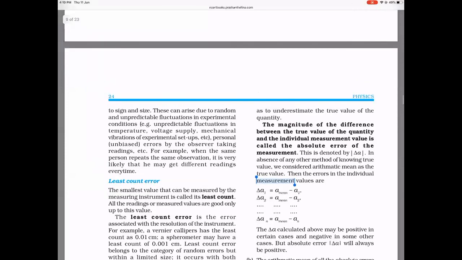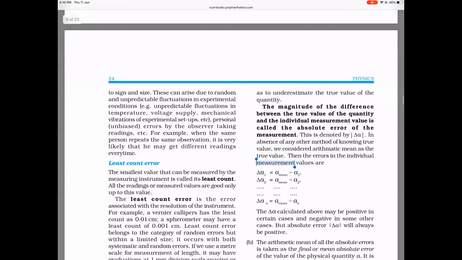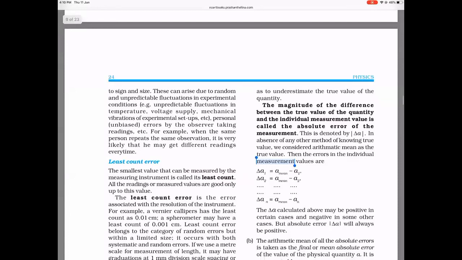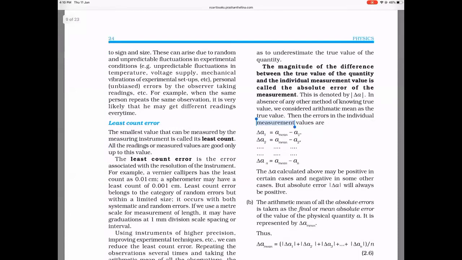Least count error is a typical error, which I would also put as a systematic error. Suppose I give you a scale, and on one side of the scale is centimeters, on the other side is inches. But for some reason you don't know that an inch is bigger than a centimeter, and you think this is the inch scale and each of those lines is 1/10 of an inch. So the least count that the instrument is making is not 1/10 of an inch, but 1/10 of a centimeter. So there is an error that you are making with respect to the least count. That is a third type of error.